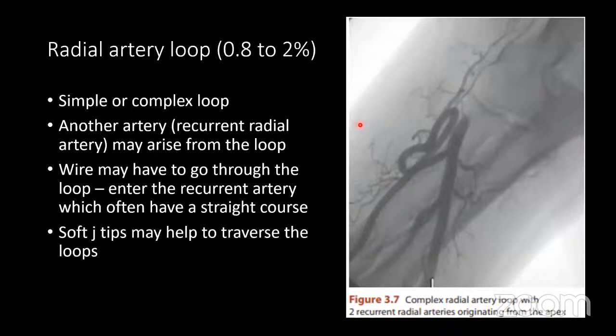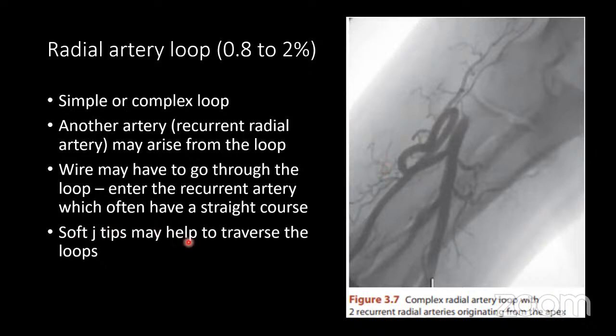Then next is a radial artery loop. It comes to around 2%. It may be a simple or complex loop, and most of the time recurrent smaller radial arteries arise from the loop, connecting up to the proximal vasculature. So the wire may have to go through the loop and enter the recurrent artery, which has a straight course thereafter. So this is the loop, and after that a smaller artery will be going up. So we have to take the loop and go up through the smaller artery,